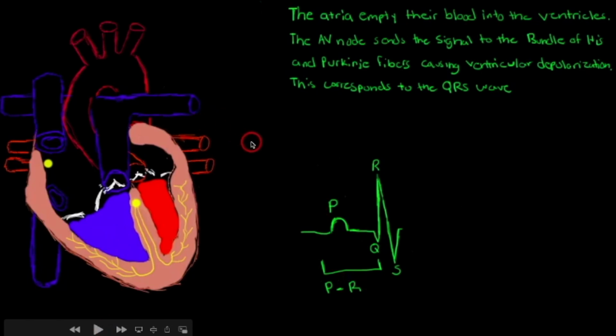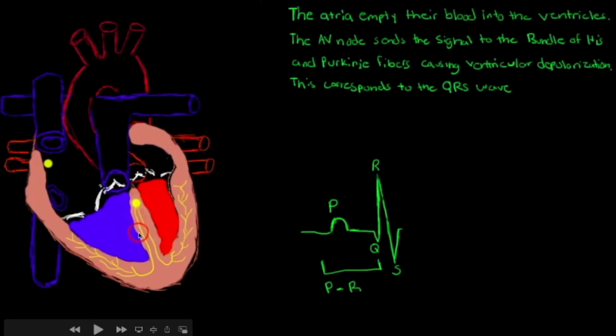So after that AV nodal delay, all the blood from the atria is now in the ventricle. That AV nodal delay again is key because 20% of blood from the atria goes into the ventricles after that contraction. Without it, only 80% of the blood would be going from the atria into the ventricles. So after the atria contract and all the blood's in the ventricles, the AV node is done with its delay,